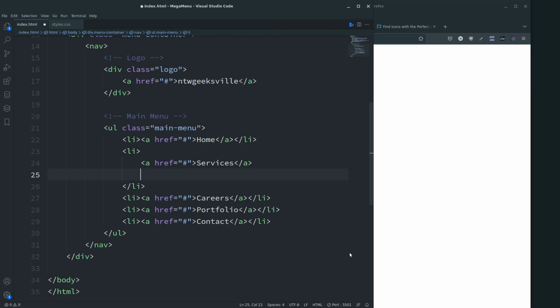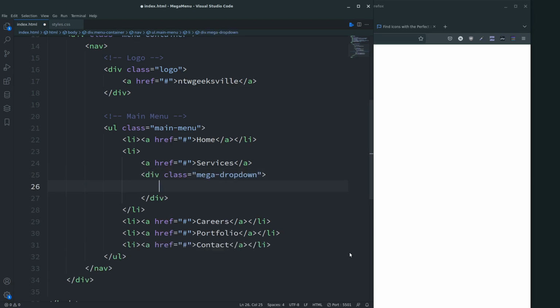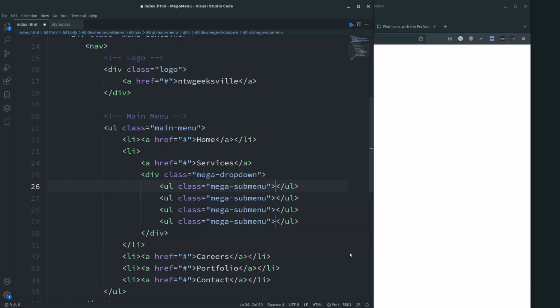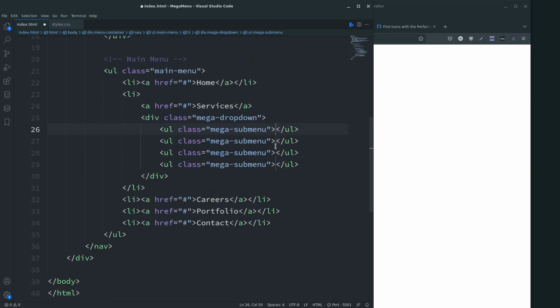So let's do that. We're going to call it mega drop down. So let's create a class mega drop down, and in here is where I'm going to put my 4 columns. So that's going to be UL, the class of mega sub menu, and there's going to be 4 of those. So let's just do that,